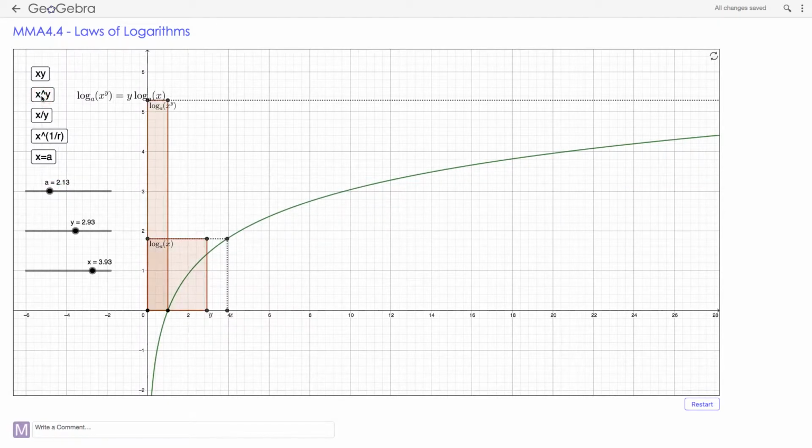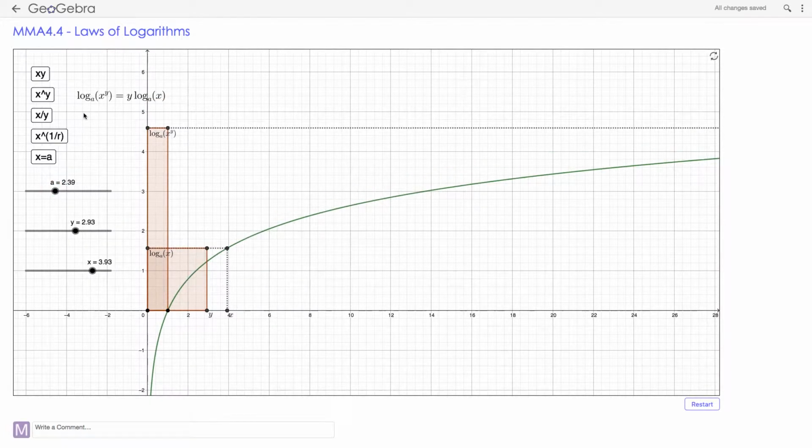Then you can look at what happens if you say x to the power y and take the logarithm. I'll just change my base number a bit. So log base a of x to the power y is just y times log with base a of x. In other words, you can pull down the exponent as a factor in front. And how's that illustrated here? Well,